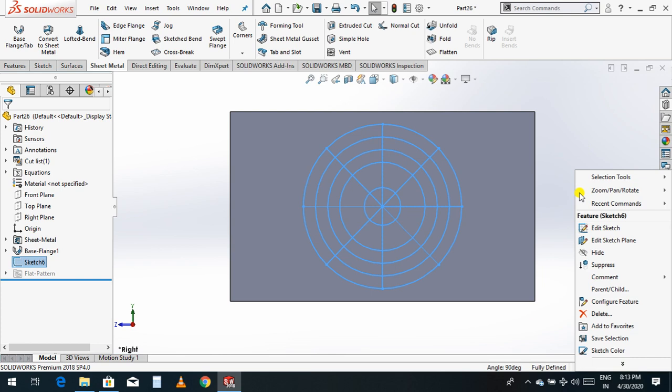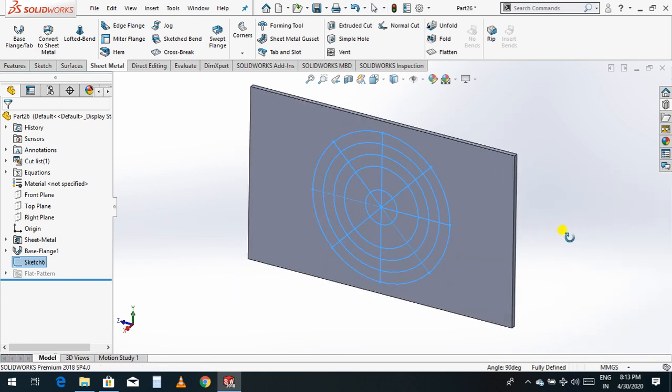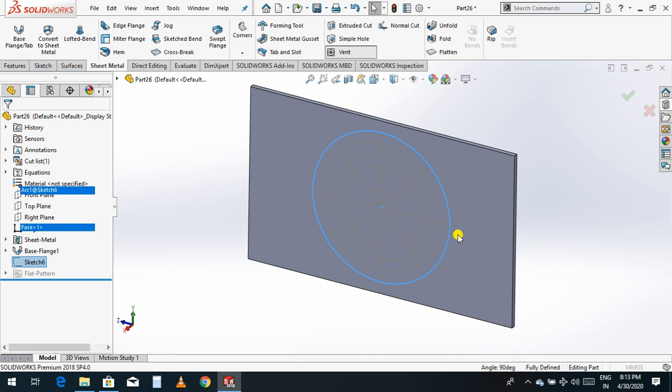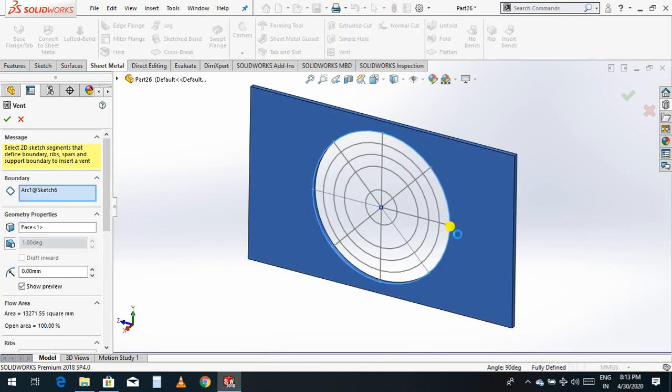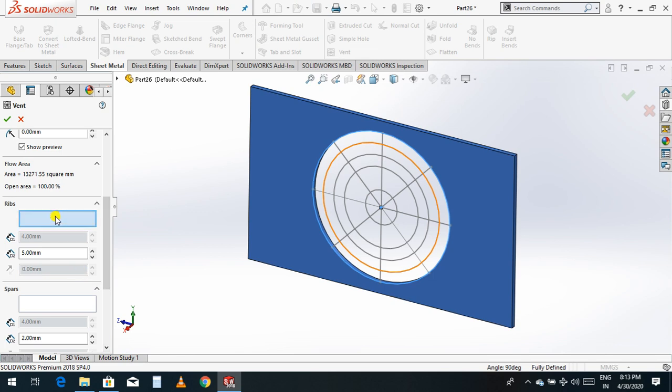Now just turn it like this. Now just go to the vent option, select the vent. Now just click the area, it's automatically selected. Now below you can see the ribs. What are the ribs? All these lines are called ribs.